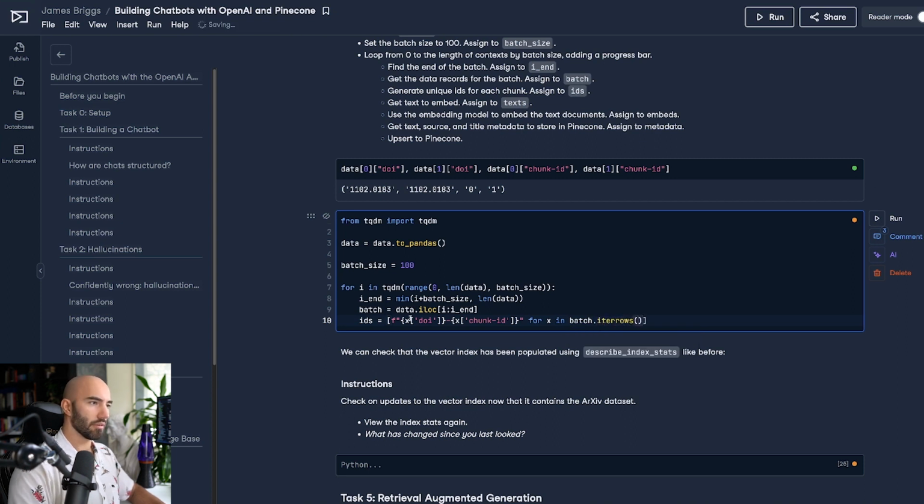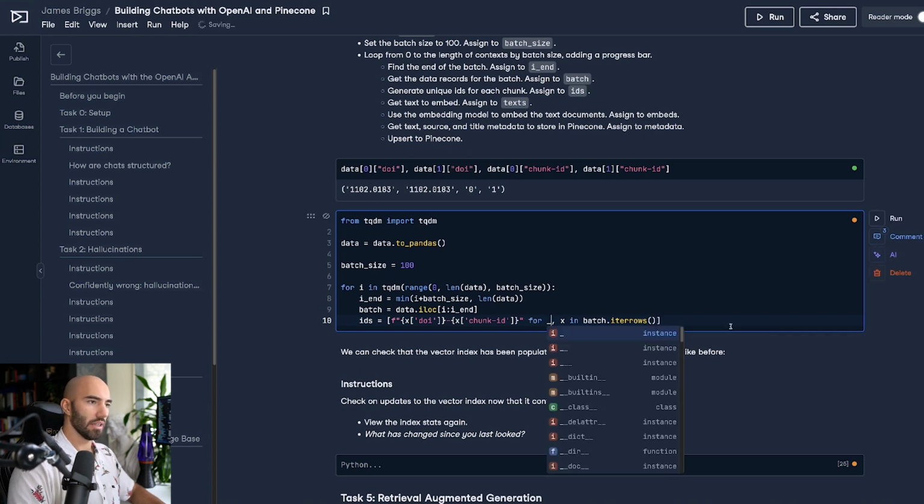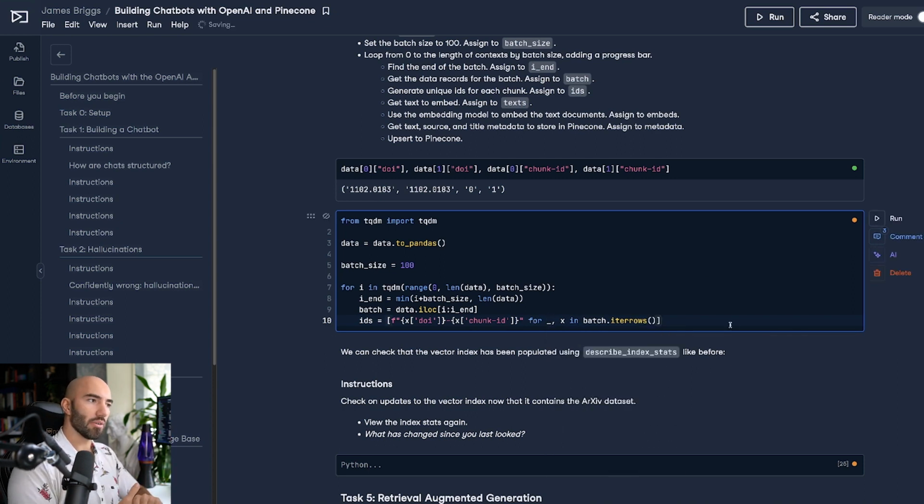Okay, so iterating through those, and we'll also get an index value from that. So I'm just going to replace that with an underscore here, which basically means we don't care about whatever is in there.